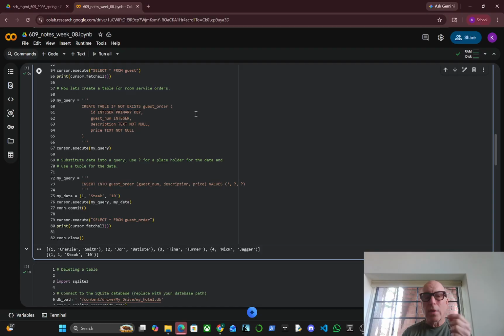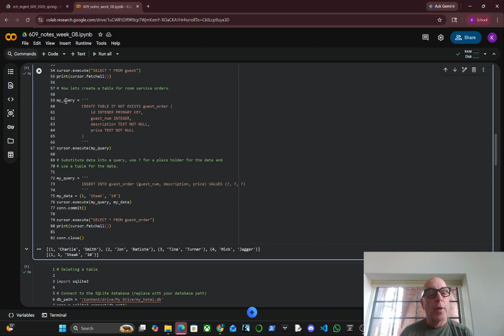So instead of that asterisk, that's where you put fancy query material, like select guests that stayed more than 5 days and ordered dinner more than 3 times or something, right? So really fancy queries to get data out can be put in place of that asterisk, and you will learn those queries in the other class, and you can insert them in here, but we won't really go too far into that in this class. So select all rows from table guest and print them,